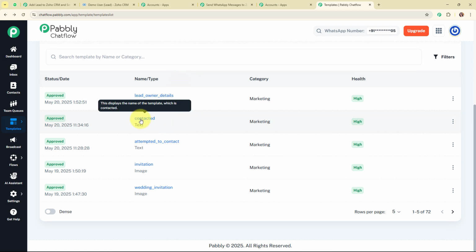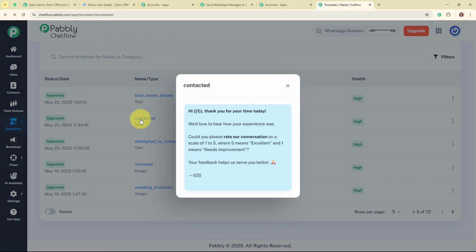Firstly, let me show you the contacted case. If my lead status is contacted, then I want to automatically send this template message to my lead that says, "Hi {{1}}, thank you for your time today. We'd love to hear how your experience was. Could you please rate our conversation on a scale of 1 to 5, where 5 means excellent and 1 means needs improvement? Your feedback helps us serve you better. {{2}}"